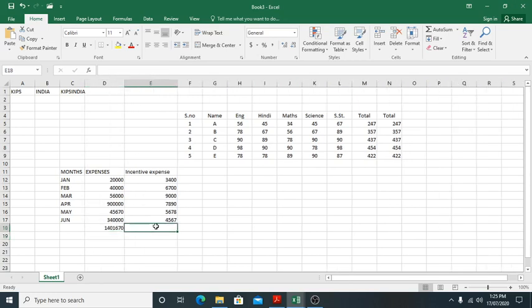Now if you want to add here incentive expense, what do we have to do? Look everyone, without using the formula, means here we have used. Now with the help of this formula we want to add it. Here what is the address given? D12 and D17. Now students, you can see the shape of the mouse this way.